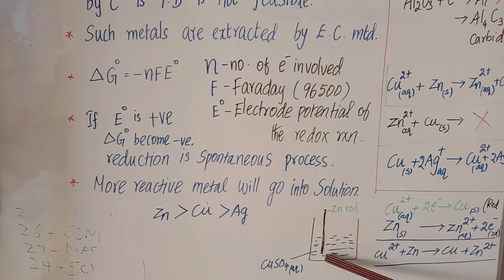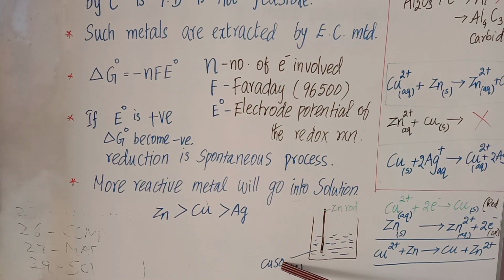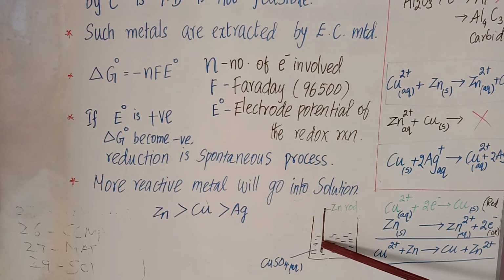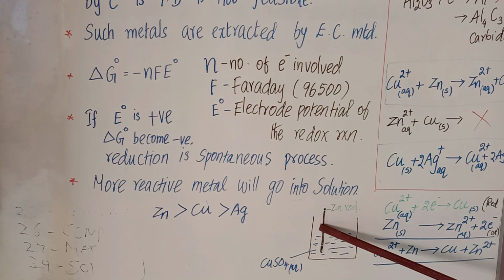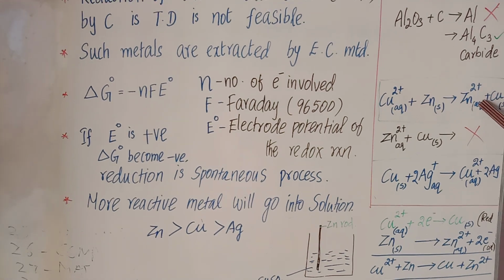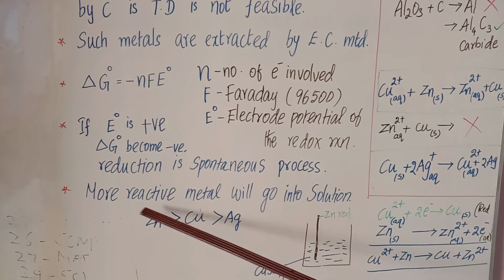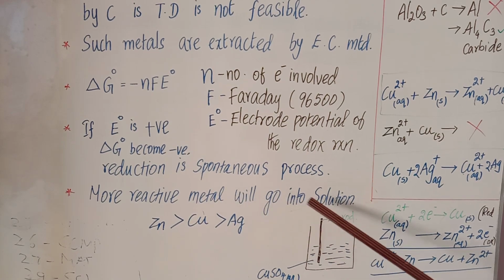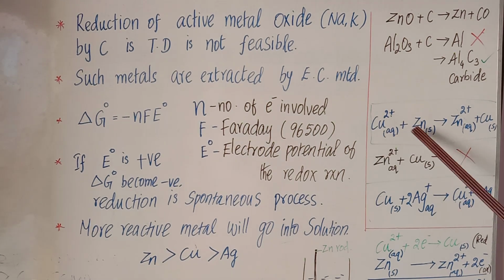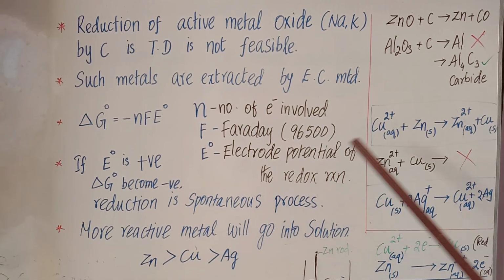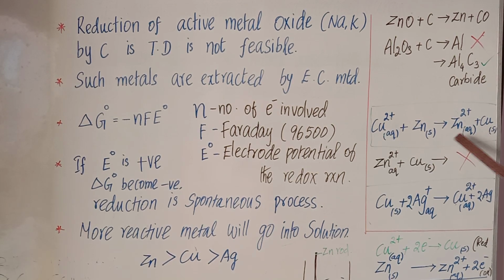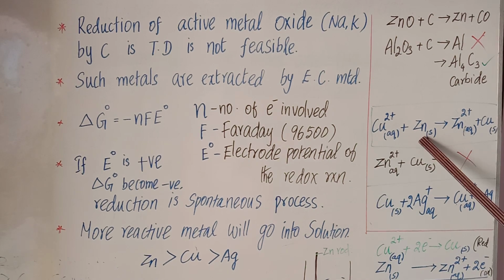So, this can be identified. The copper sulfate solution is blue in color. Slowly, the blue color will disappear because all the copper will deposit on the rod. That shows that this reaction is taking place. Now, I told you the more reactive metal will go into solution. So, here Cu and Zn. Which is the more reactive metal? Zinc is the more reactive metal, so this will go into solution. Aqueous means solution, and solid means this rod is the solid.